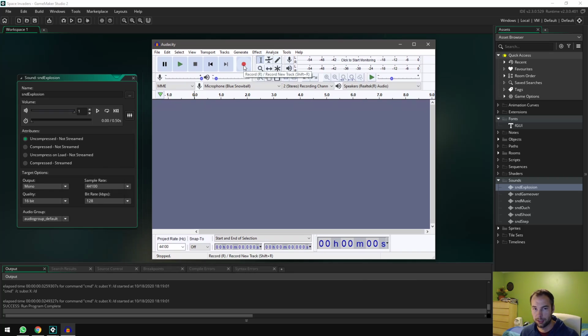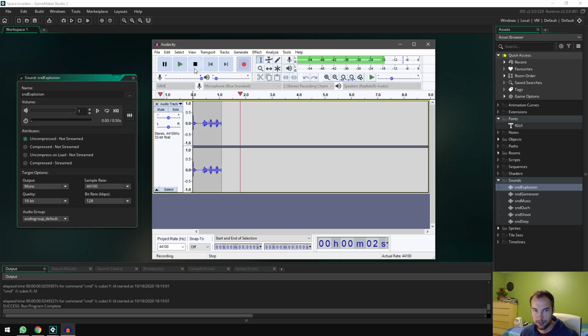If you have a mic, you can click record. 1, 2, 3, testing, testing. It records it just like that. You can select the part that you want, so maybe just this. And if you want to export the sound, well, first, before you export it, you can actually apply